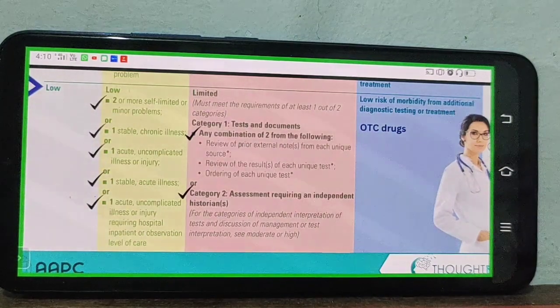Can we buy a cancer-related drug directly from the pharmacy without a doctor's prescription? No. That type of medicine is called a prescribed drug. OTC means without a doctor's prescription, we can buy the medicine directly from the pharmacy. So if a doctor refers OTC,